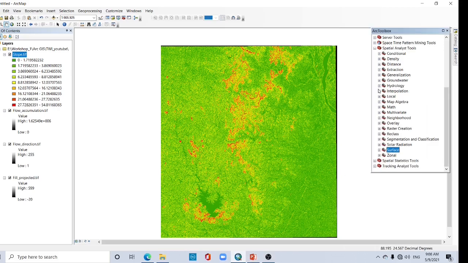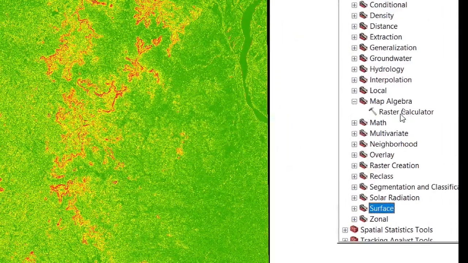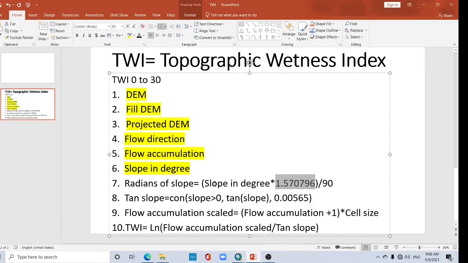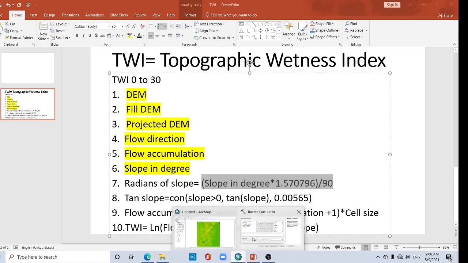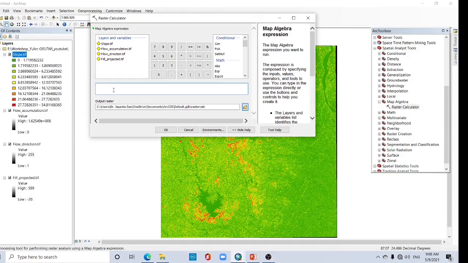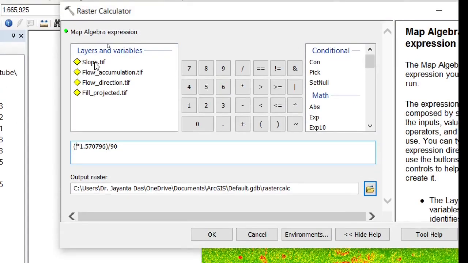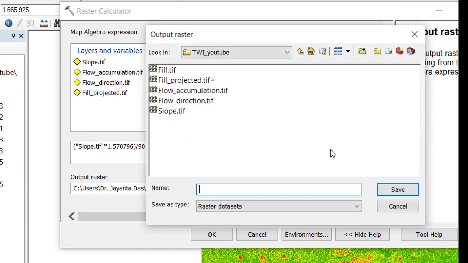So go to the spatial analysis tool. Here one tab, math, algebra, this tab, and go to the raster calculator. Here is the formula, just copy it, copy this formula, slope in degree, and paste here, Control V. Here you just change it, slope in degree, that means this one, slope into this value, and change the location.